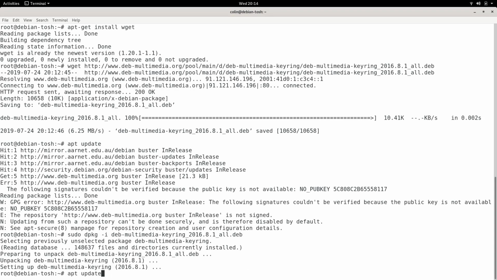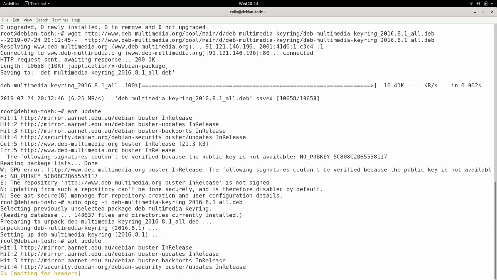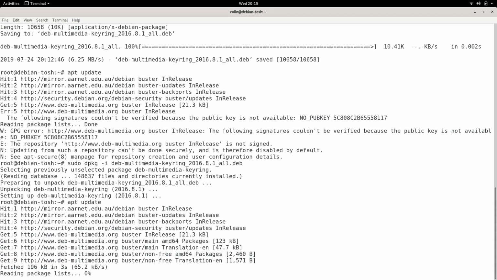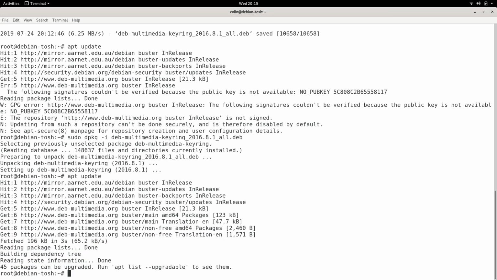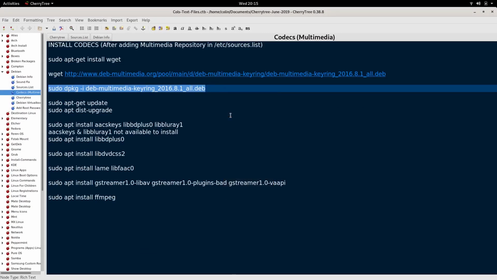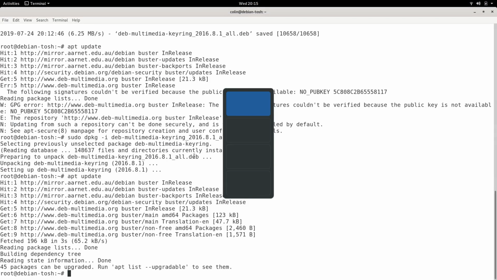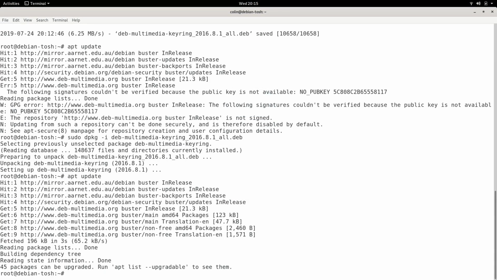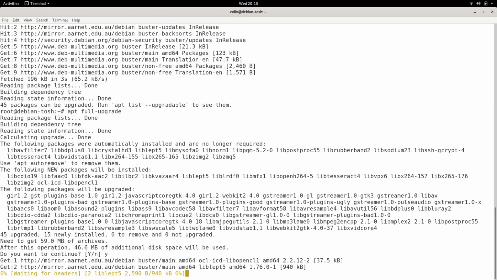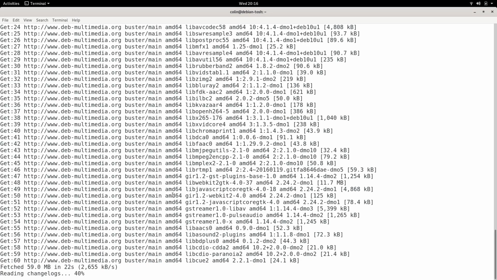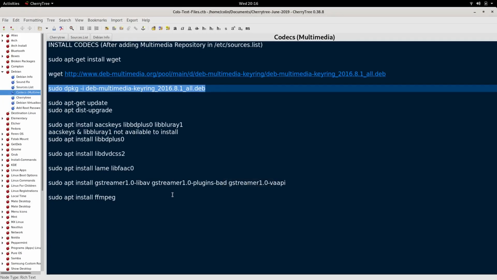Okay, so let's see how we go now. And as you can see, all is looking good. So we've got an upgrade there. So what we'll do is I think I'll do the upgrade first. apt full-upgrade, and let's run that. So while that's running, probably what I need to do with this document here is put